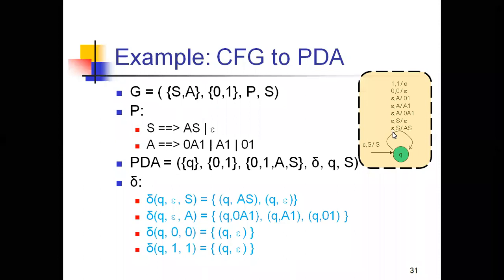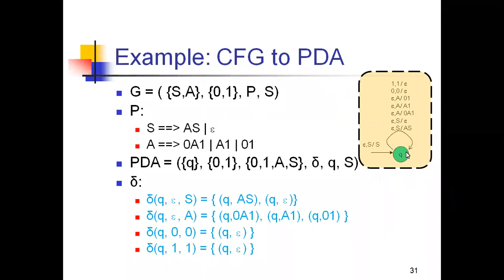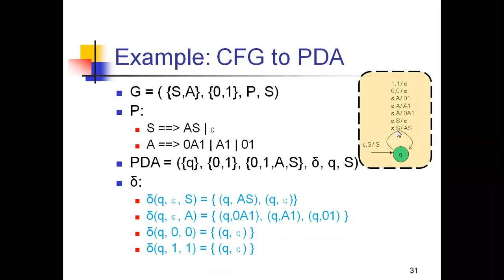See here, when it is epsilon s, then the output is epsilon. When it is epsilon a, the output is a1. With epsilon a, the output is 0 1. Only with one state we did all this, so that's why we put a self representation for the q like this, and for the self loop we are giving inputs as well as outputs.